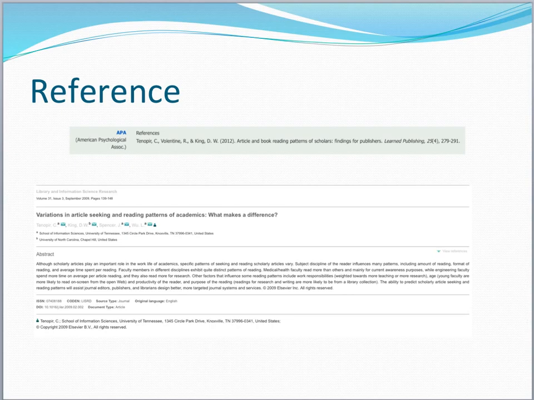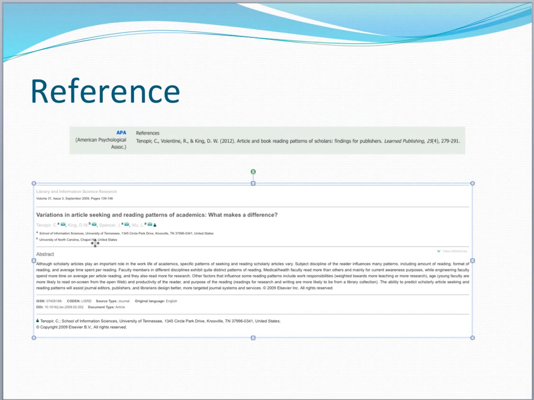We have then affiliation, and it's right here, it's kind of small, but you can see it here, and that means institutional affiliation. Then we have an abstract. Then we have other things like ESSN, and we have original language, document type, etc. All of this information is very important for doing citation analysis and bibliometrics, because we don't only use the reference in APA style. We may use affiliation because we are interested in measuring